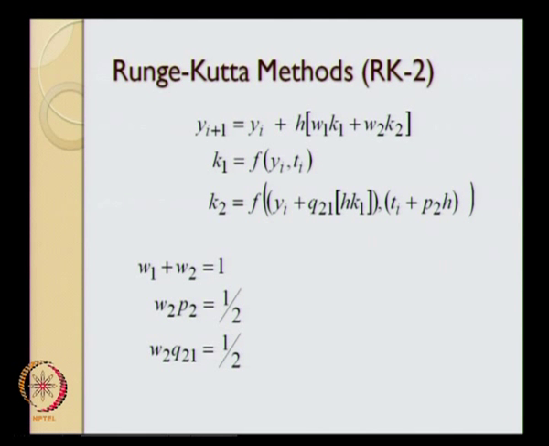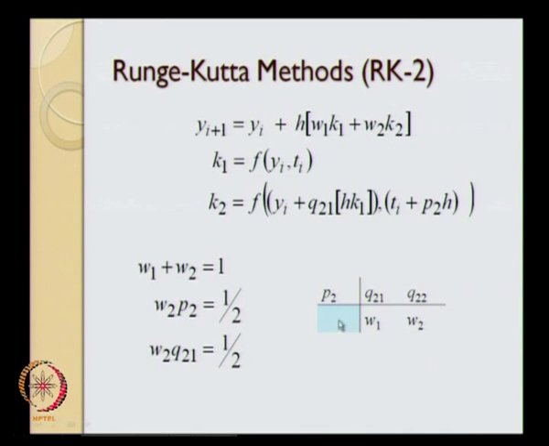In the previous lecture of this module, we had used the term W2 multiplied by P and W2 multiplied by Q. Instead of that, I have used the subscript 2 and subscript 2 comma 1 in P and Q, and the reason for this will be evident when we go to extension to higher order RK methods.